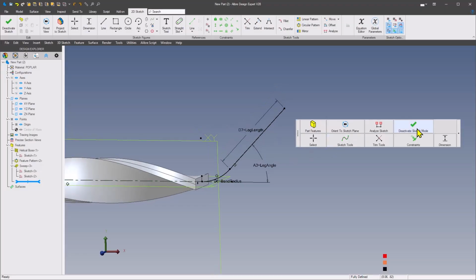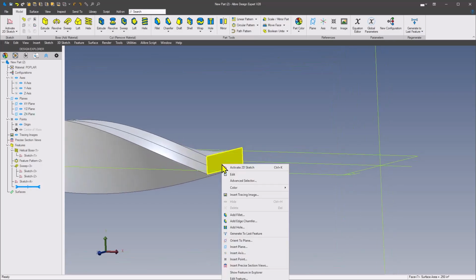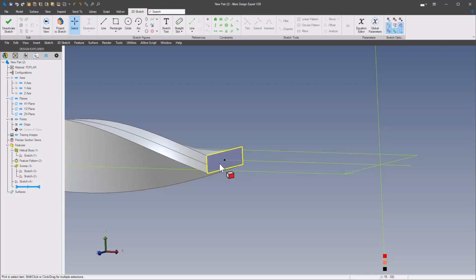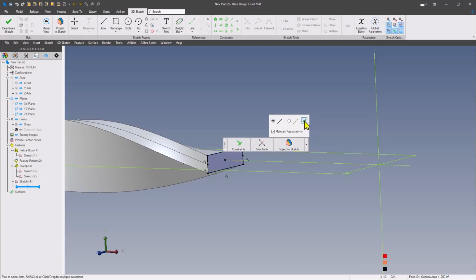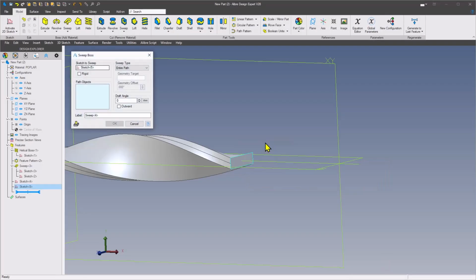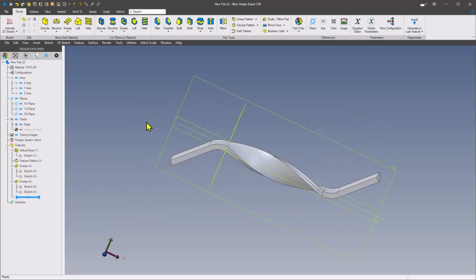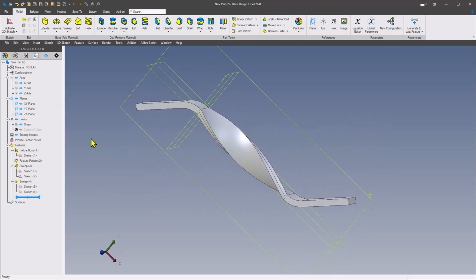And then deactivate the sketch. Okay, now on this end face, we'll right click on there, activate a sketch, then select the face, project to sketch again, maintain association, and check the OK button. And then we'll go to our sweep boss, where our sketch to sweep is pre-selected. Go in here for our path, select sketch 4, and there we have sketch 4. Okay, and there we have our part